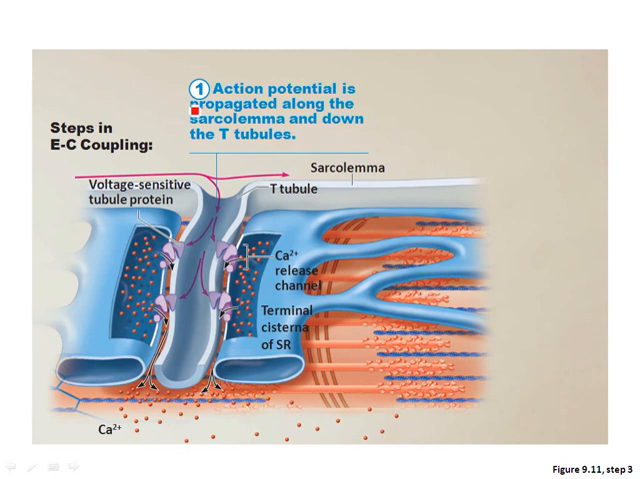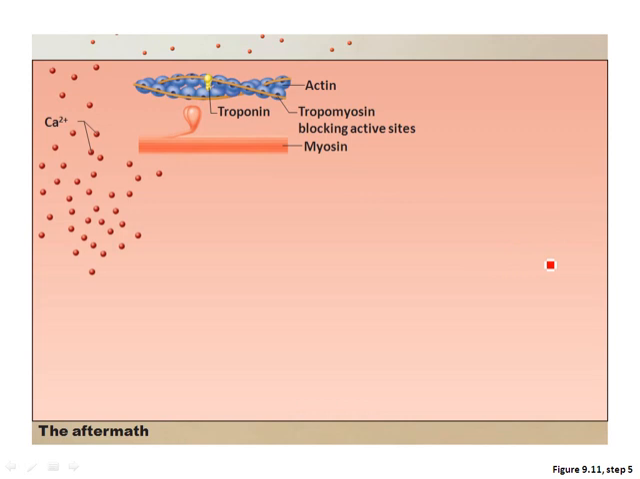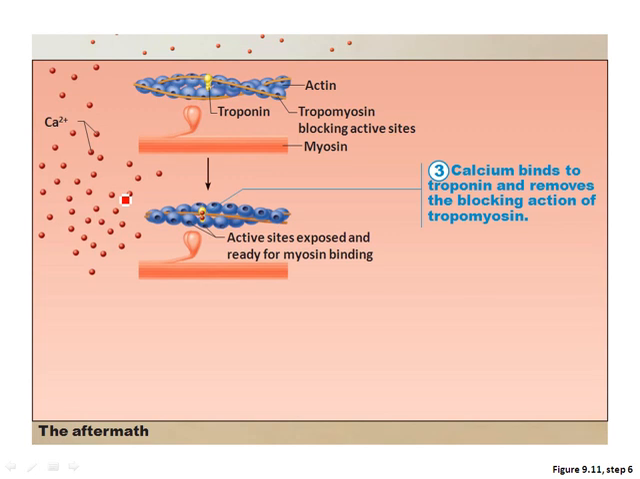All right, here comes my action potential coming down the sarcolemma. As it comes past the T tubule, it's going to go down inside the cell. It's going to cause a voltage change, causing calcium to be released from the sarcoplasmic reticulum into the cytoplasm of the muscle cell. Calcium's released. Calcium is then going to bind